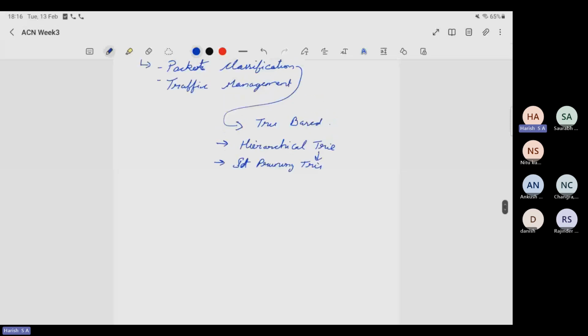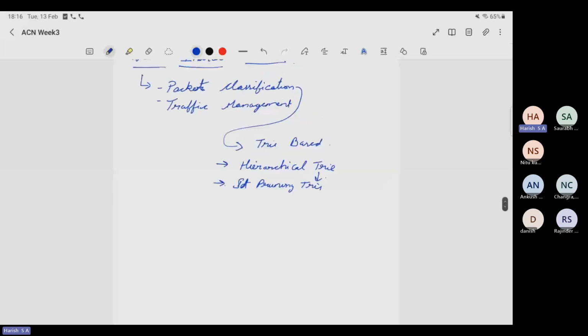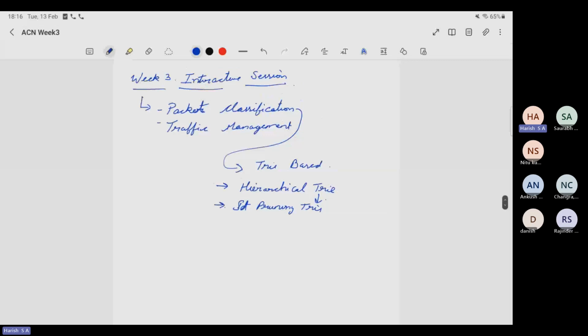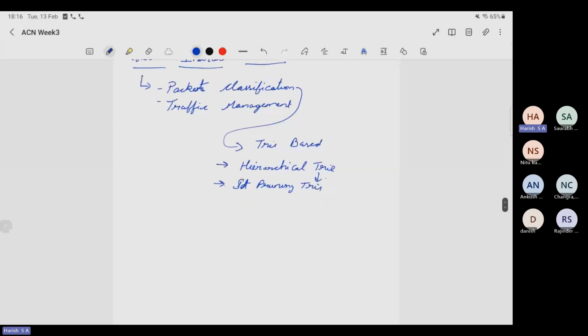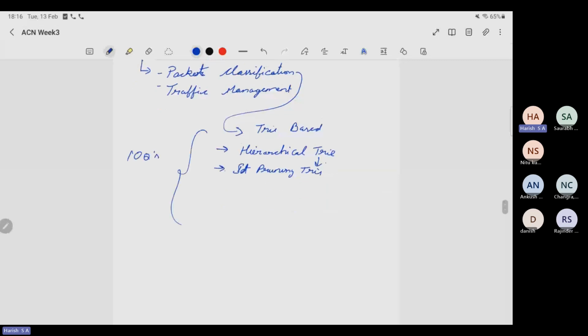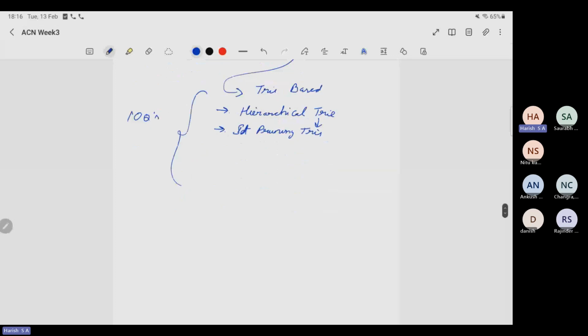For the people who've joined recently, we're just discussing what went on in the previous week and the main things that we'll be covering today and the 10 questions that we'll be answering. Yes, we have hierarchical tries, set pruning tries, and then we also have